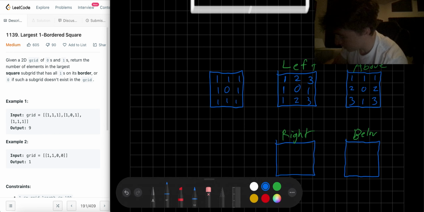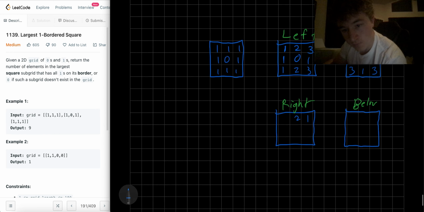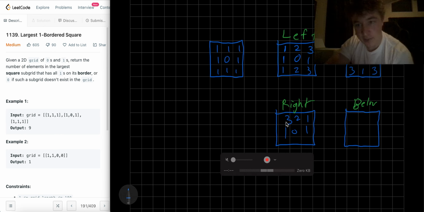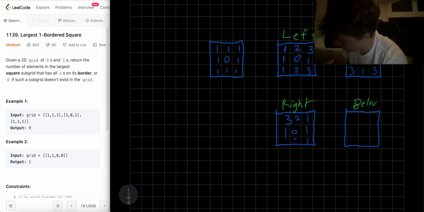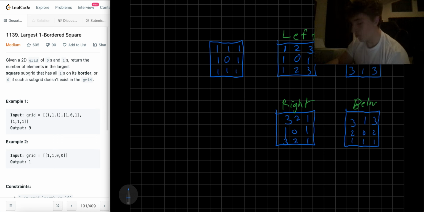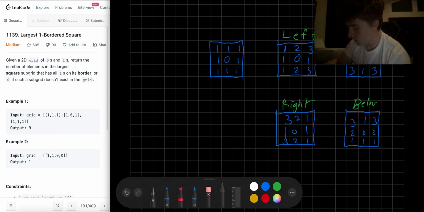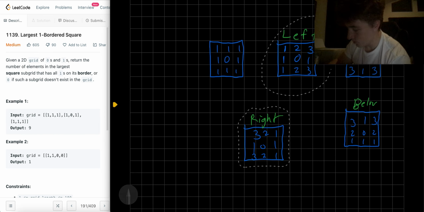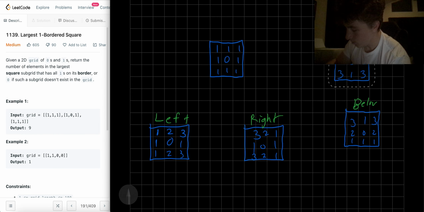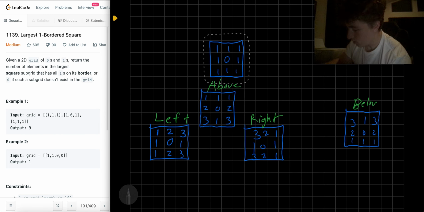Okay, so to the right, there's 1, 2, 3. 1, 0, 1, because there's a line of length 3 at this position, right? There's 0 here. There's only 1 here because this 0 discontinues that. 1, 2, 3. And then below, there's 1, 2, 3, 1, 0, 1, 1, 2, 3. All right. And then we're going to reorder this so it kind of makes sense in terms of what things are relative to other things. So we have this